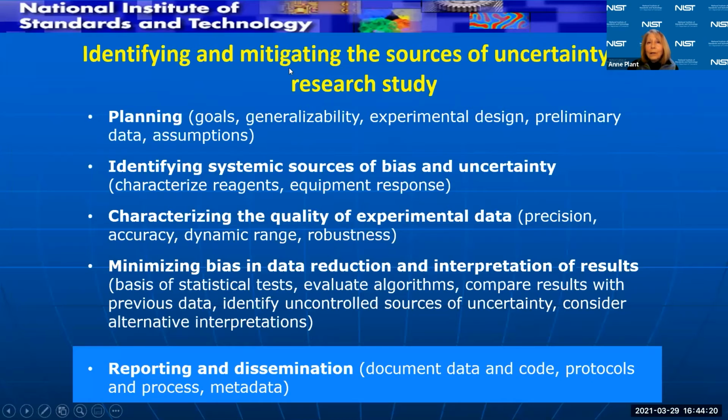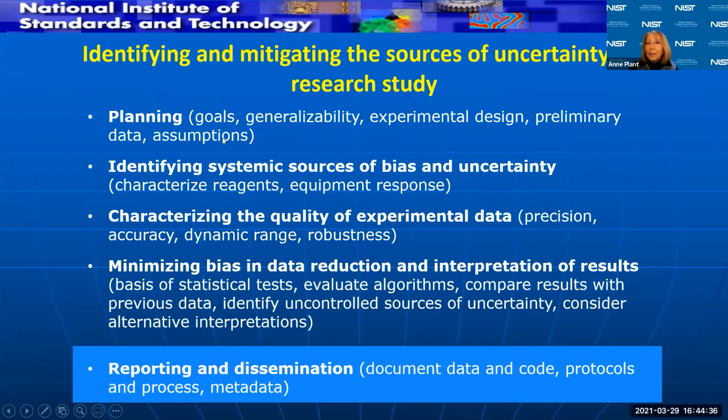And so, if you want to look across the range of all the activities that go into your particular research program, and identify the sources of uncertainty, you can start with planning.